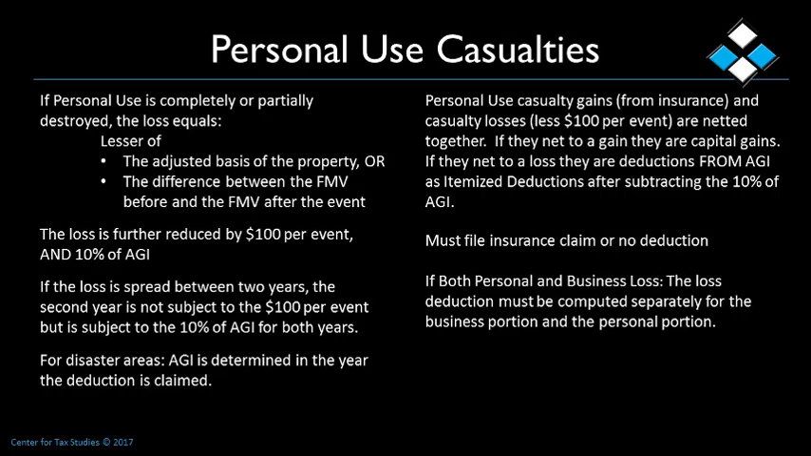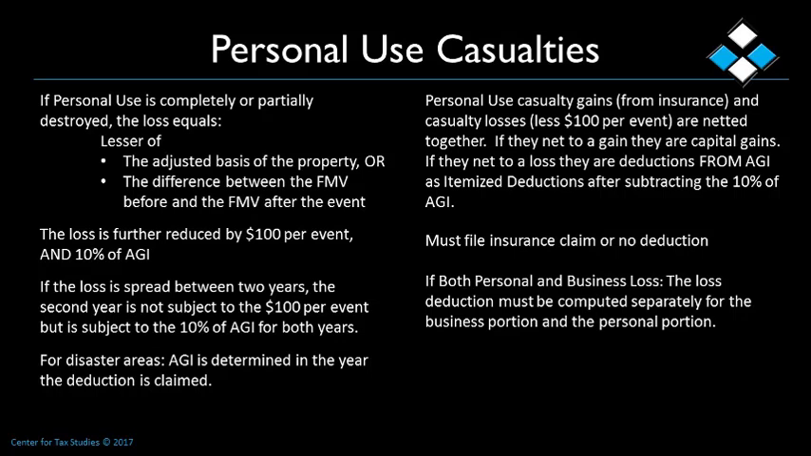If the property is for personal use and the property is completely or partially destroyed, the loss equals the lesser of the adjusted basis of the property or the difference between the fair market value before and after the event. The loss is then further reduced by $100 per event and 10% of AGI. If the loss is spread between 2 years, however, because of the reasonable prospect of recovery doctrine, the second year is not subject to the $100 reduction per event, but is subject to the 10% of AGI reduction for both